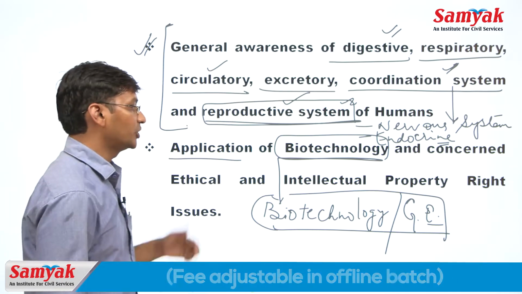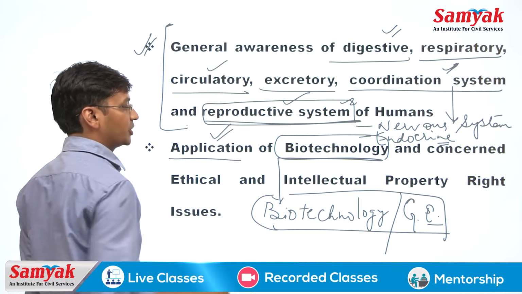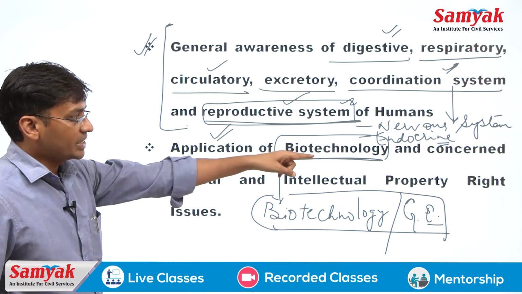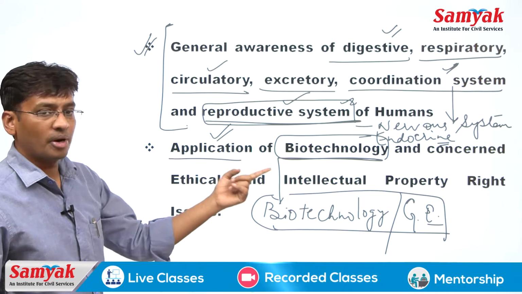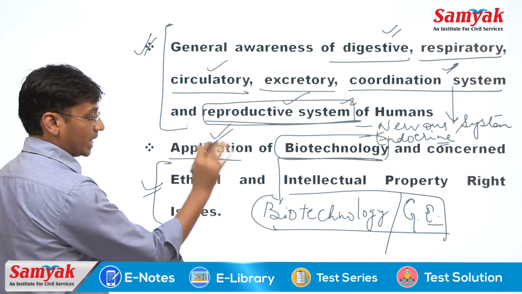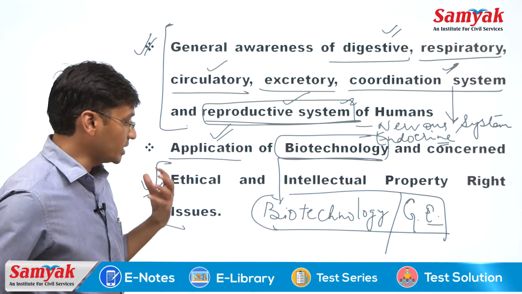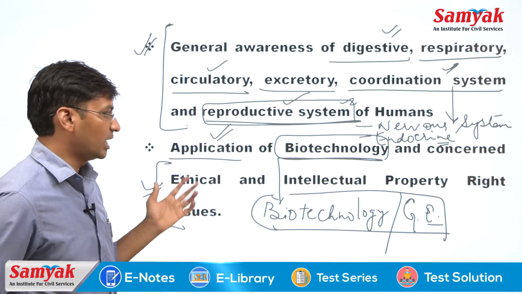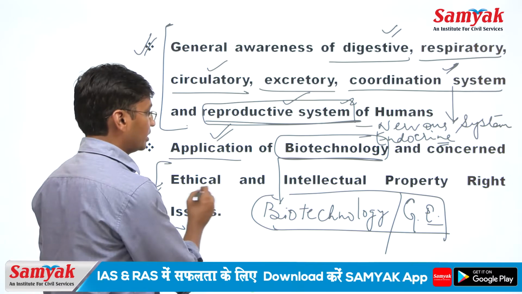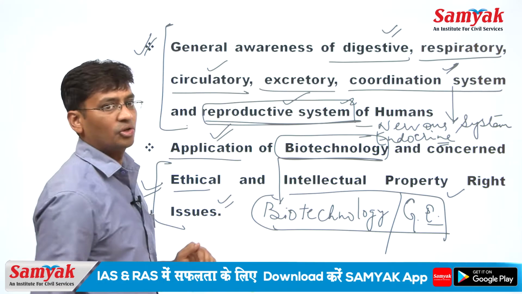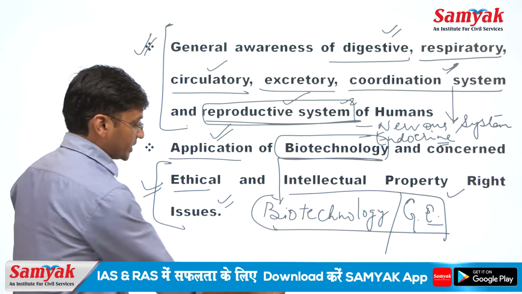And the next is the application of biotechnology, what are the different applications of biotechnology in our day to day life. And the next is the concerned ethical and intellectual property right issues. These all are related to biotechnology, you must have heard about BT cotton, BT brinjal, all these are the ethical and intellectual property rights issues related to biotechnology. Okay. So, the next is the